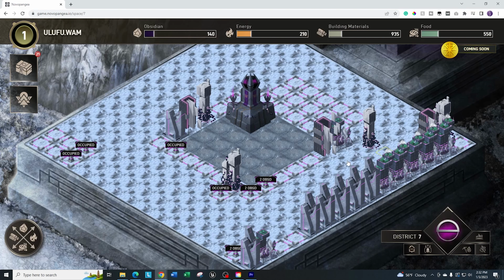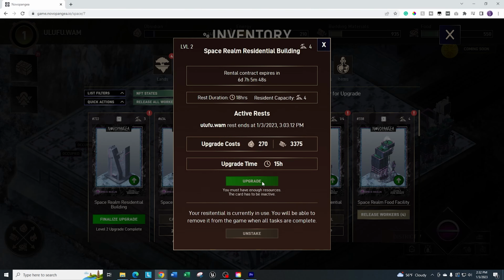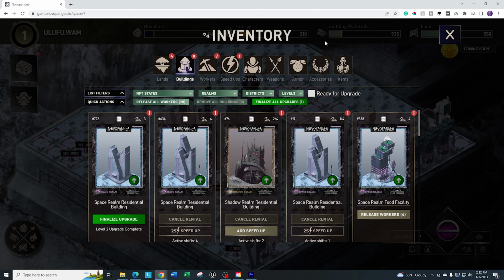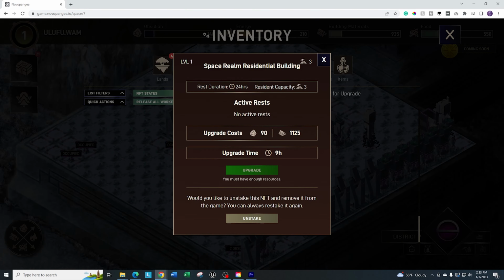All right, in order to upgrade your buildings, as I mentioned, you go to buildings, you click on this, and you click on upgrade if you have the resources. You can see resources to upgrade from level 2 to level 3 is 270 obsidian and 3,375 building materials. But if you want to go from a level 1 to a level 2, it's 9 obsidian